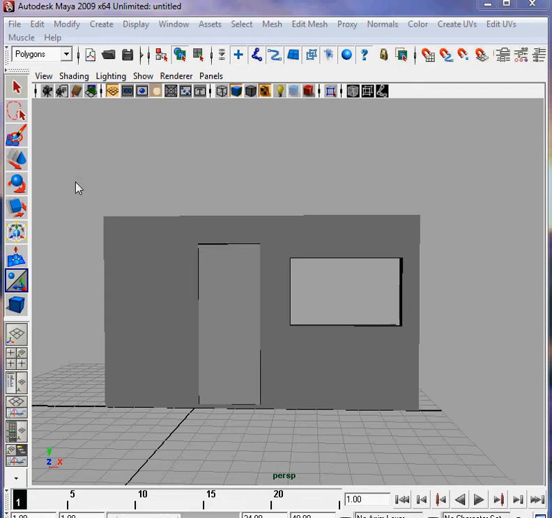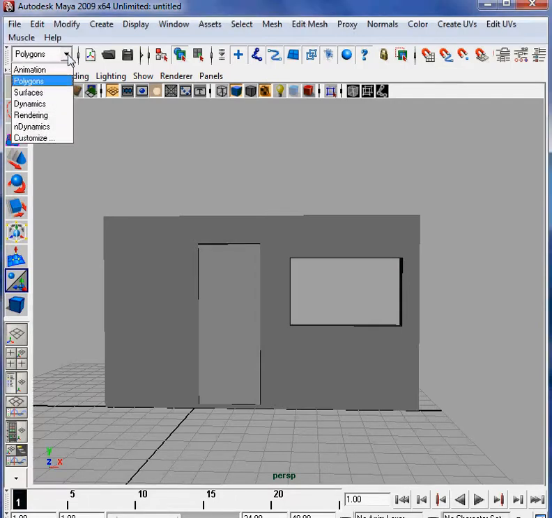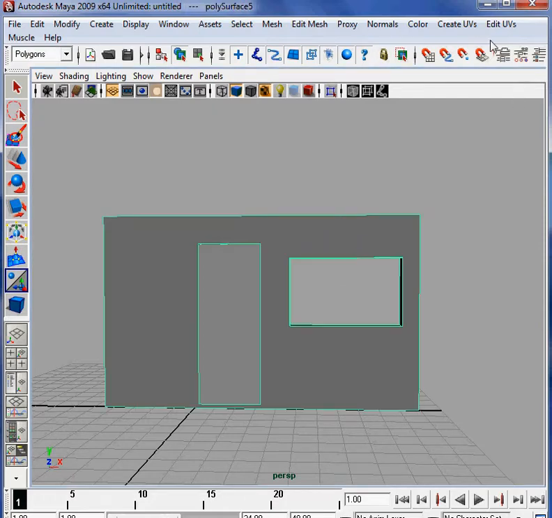Hello, today we're going to be learning just the basic texturing and saving the UVs, so it can be opened in GIMP or Photoshop. We're going to start with making sure that polygons is selected in the top left corner drop down menu, and then we can select our object